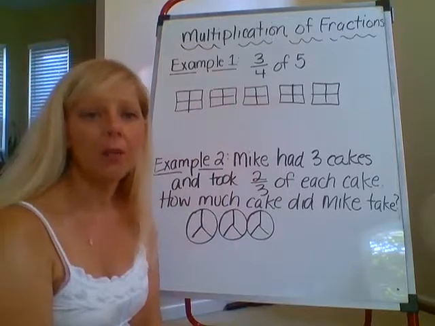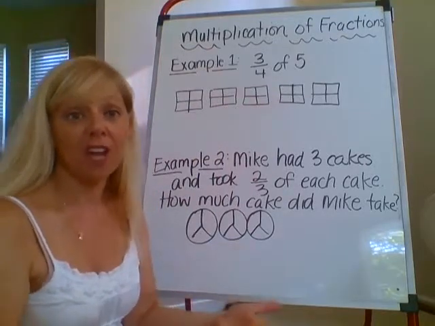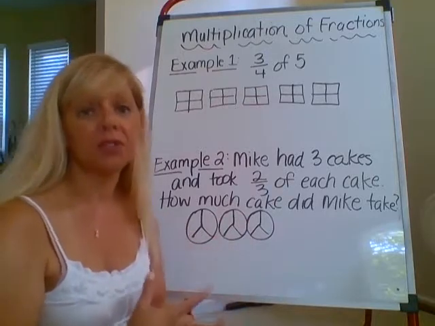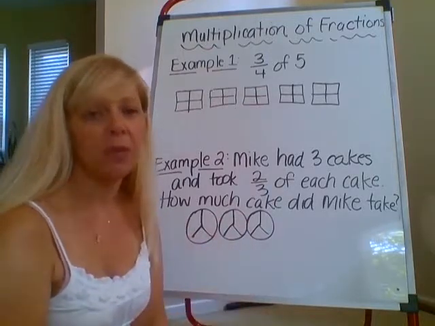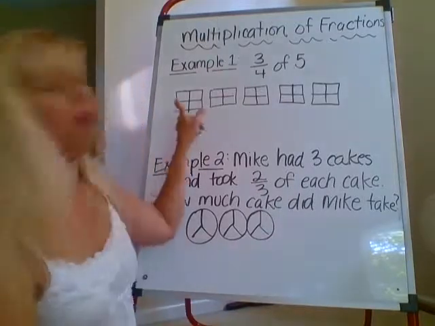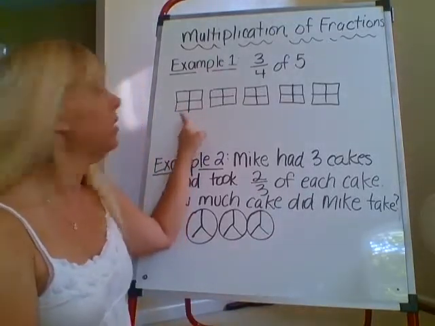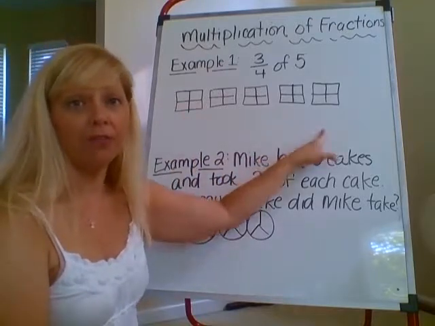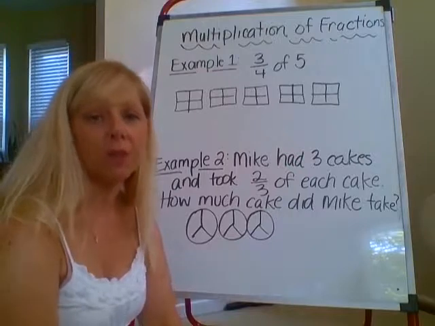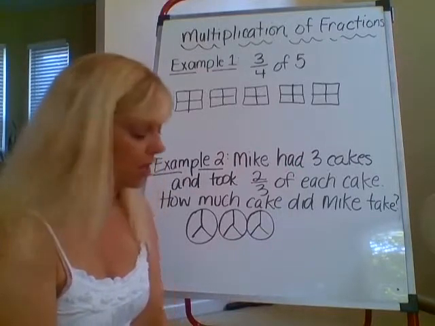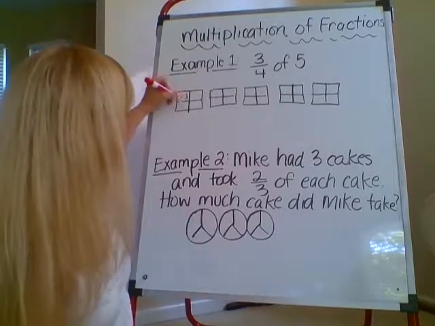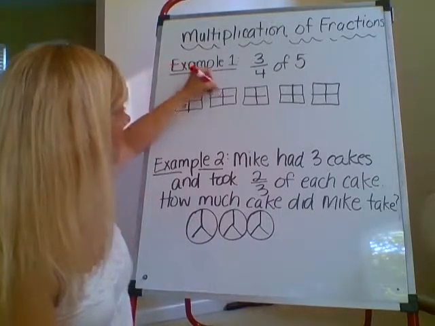All right, so if I draw a model, I draw 5 pieces of a square, a rectangle, a circle, whatever shape you want. Squares and circles are the most friendliest. So I have 5 squares drawn. 1, 2, 3, 4, 5. And I'm going to take 3/4 of each. Remember, of is a multiplication word as well. So don't forget that. So if I shade in 3/4 of each of my 5,